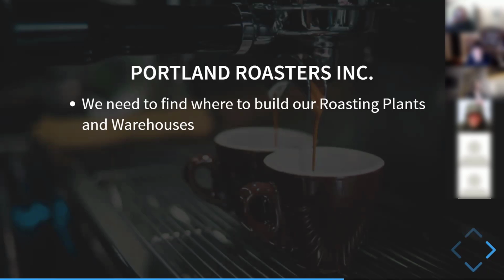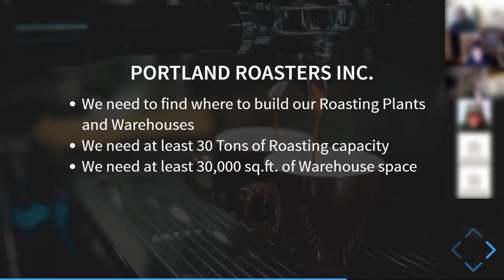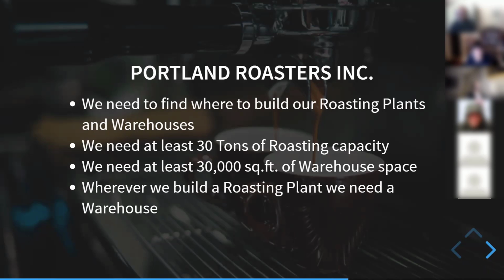And we need to find where to build our roasting plants and our warehouses in the city of Portland. We need at least 30 tons of roasting capacity. We need at least 30,000 square feet of warehouse space. And wherever we build a roasting plant, we also need to build a warehouse.